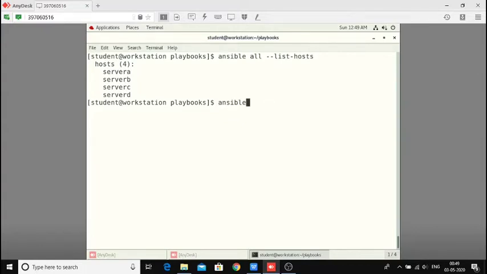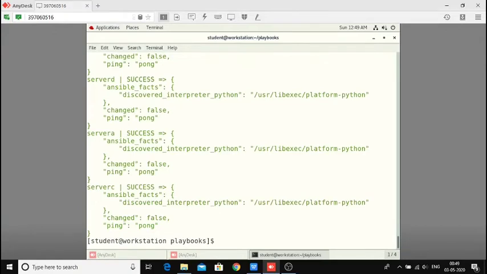Otherwise, if you want to check as well, you can go with ansible all hyphen m ping. It will show how it is executing or not, meaning whether the privilege escalation part and all these things are right or not. I have given a module called ping. Ping pong means it is pinging correctly and communication is happening. That means it is able to log in and able to execute things as well, and my configuration file is properly configured.